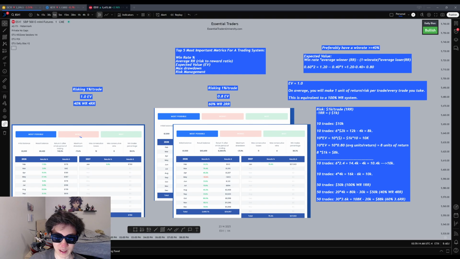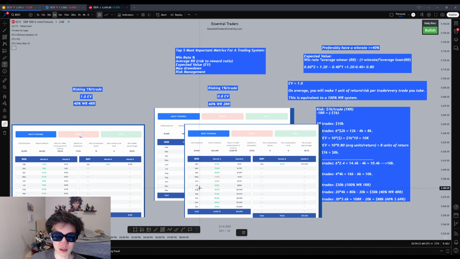So basically, before I end it there, my personal suggestion for how to determine your risk percent per trade, obviously going off max drawdown percent, right? My recommendation for max drawdown is you want to keep it around negative 20% to negative 25% as your max. And remember, this is across a year. So obviously the more trading days you're taking, the more trading sample size, the max drawdown will increase ever so slightly along with the return percent. But again, my recommendation is keeping it around negative 20 to negative 25% max drawdown,